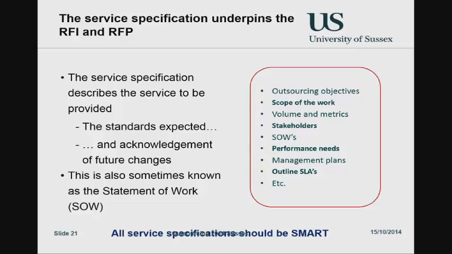One of the things which is most often missed in an outsourcing is what happens when things change in the future. Because you do not want to be tied too closely into a contract that may be for a long period of time, 7, 10 years, which may even extend over several economic cycles, and your business could change out of all recognition over that time. And you may be stuck, as some of the early outsourcing organizations were, with very long-term deals, and their business had basically disappeared from under them, and they were stuck with these contracts. So there will be changes, and you need to acknowledge all that.